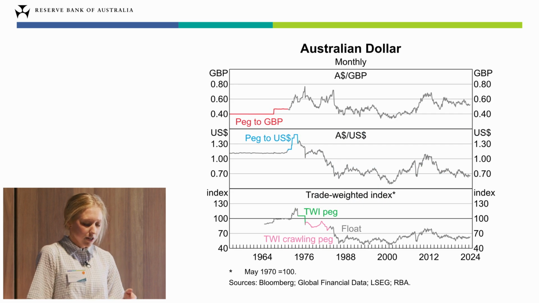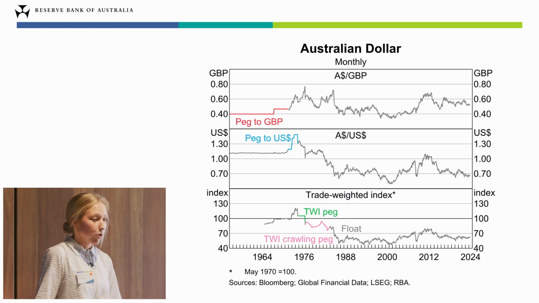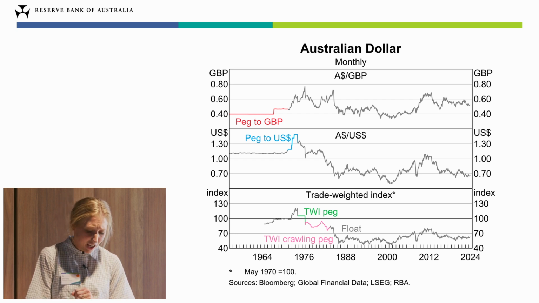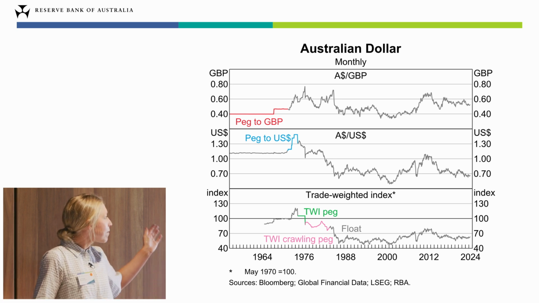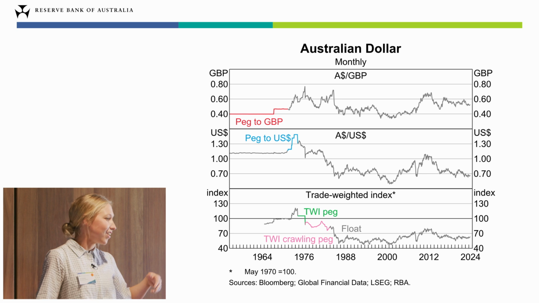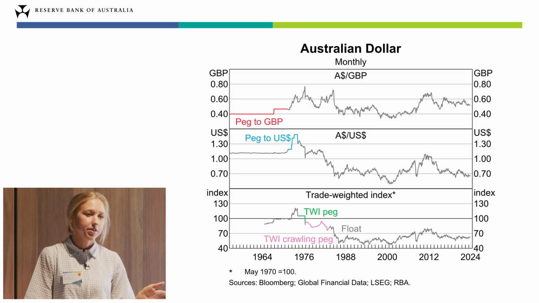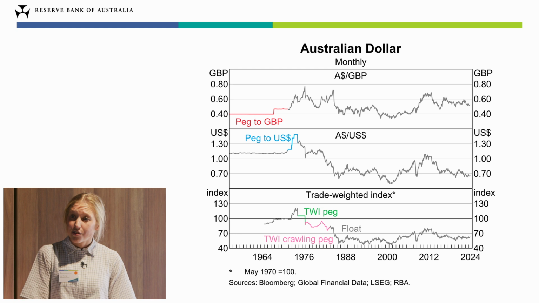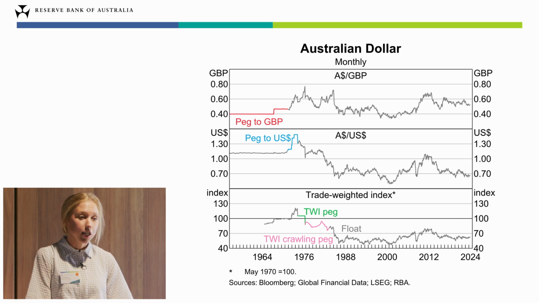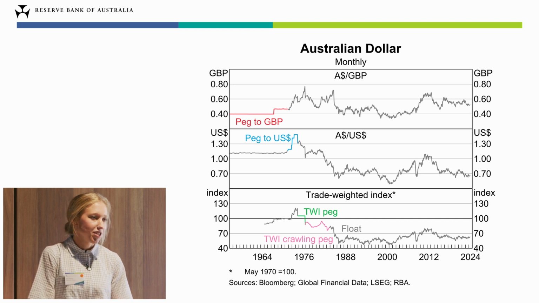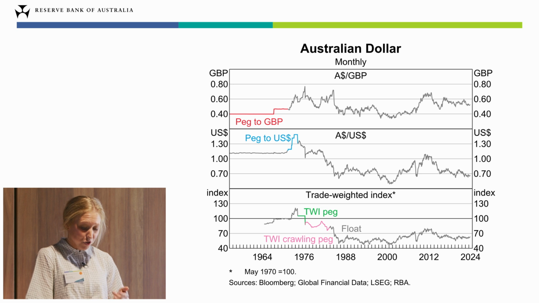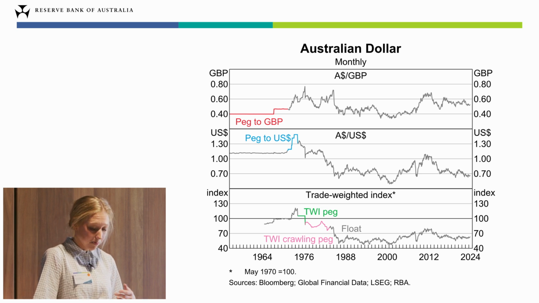So from that discussion, maybe it seems obvious as to why Australia would want to adhere to a floating exchange rate regime, but it hasn't always been that way. Australia actually only adopted a floating exchange rate in 1983, and that was after alternative regimes, including pegs to gold, the pound, the US dollar, and the TWI, and so on, all proved untenable. Australia's developing financial system and the increase in international capital flows associated with that made maintaining a pegged exchange rate really difficult, alongside also trying to control domestic economic conditions.